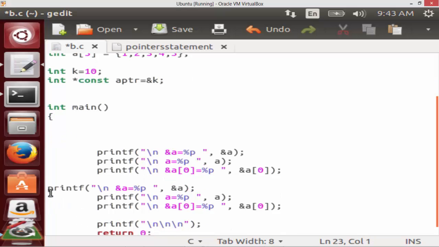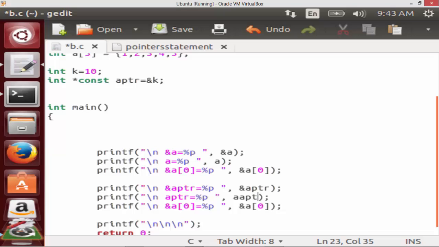So my address of aptr will be &aptr. My value of aptr is again an address, but this time it will be the address of k.